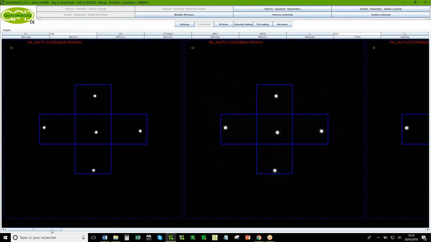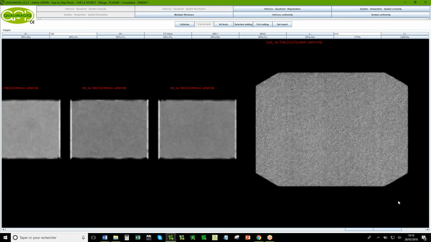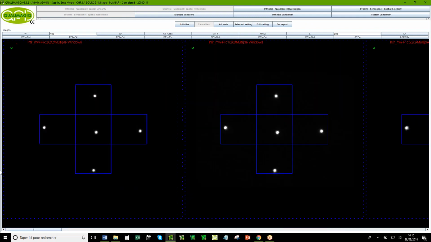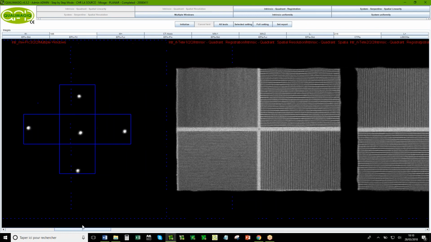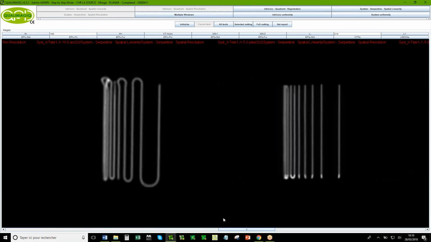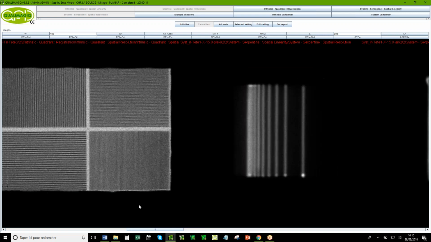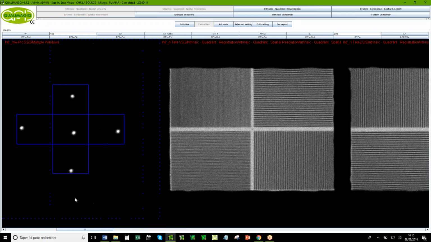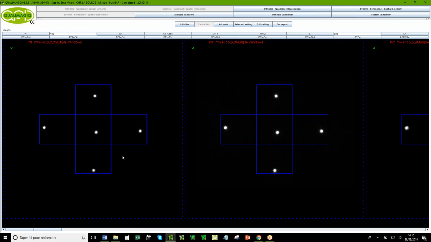So you have all your images here. So we test uniformity of the camera in intrinsic mode, so without collimator and with collimator. We test the spatial resolution without and with collimator. And we test also the spatial accuracy when you use a source with different energy.